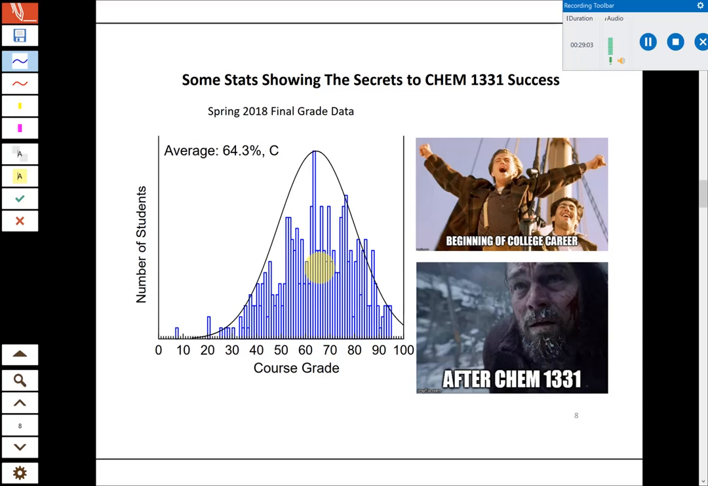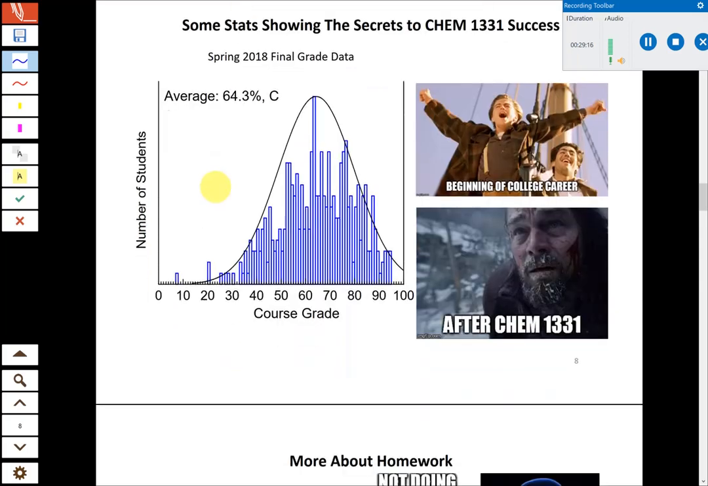There are other factors at play, of course. It's not strictly about effort. Obviously, your previous background and preparation and other things go into this, but there's a lot that you can control in terms of how you approach this course, and that's going to be the key to doing well. So if we look then at